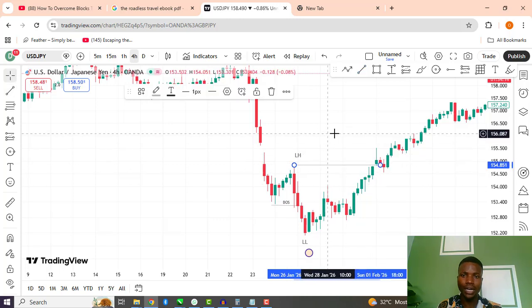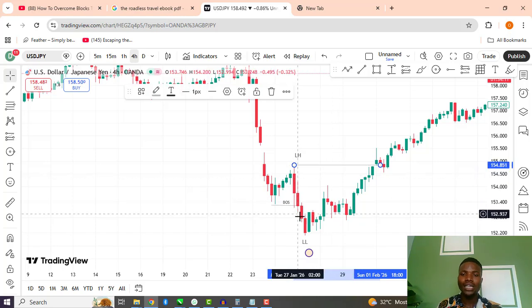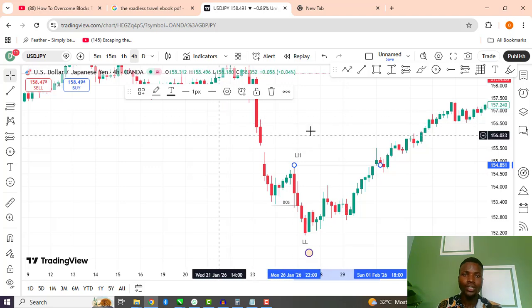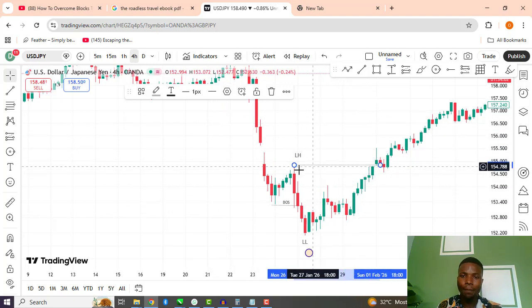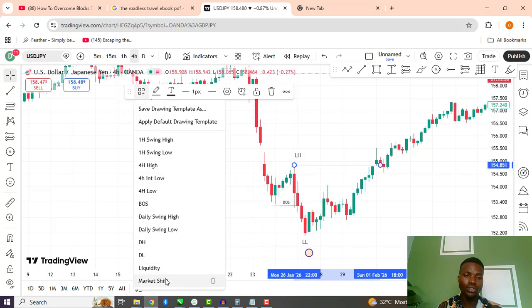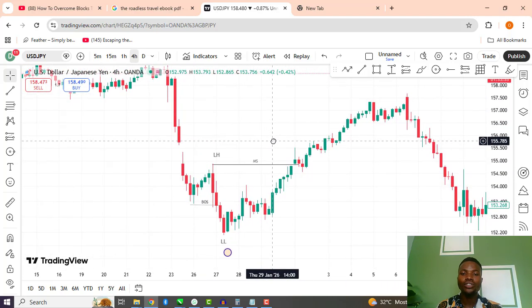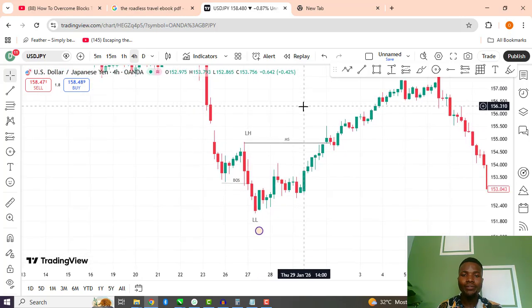This is the previous high, and this is the point at which sellers lose power and buyers take control of price. In this case, buyers have gone above the previous high. It means that there is a shift in structure, which means a market shift. And I told you in the beginning of this video that when we have a break of